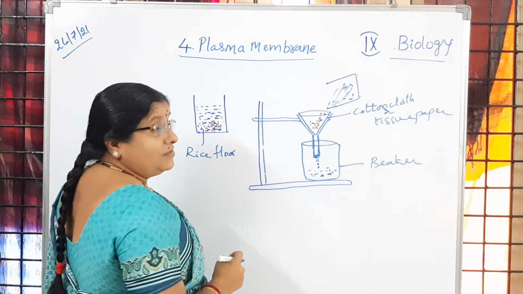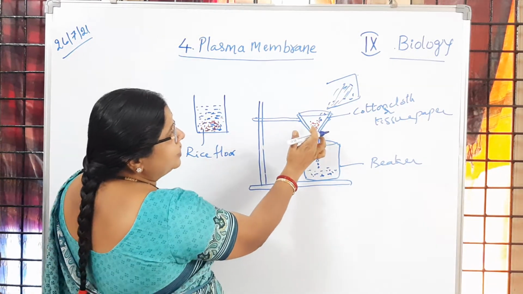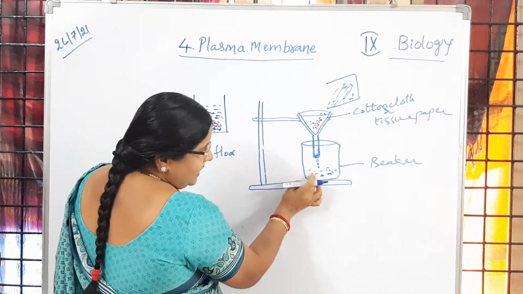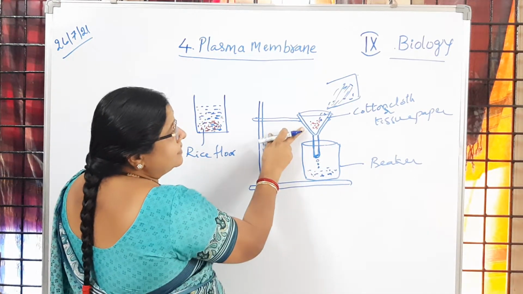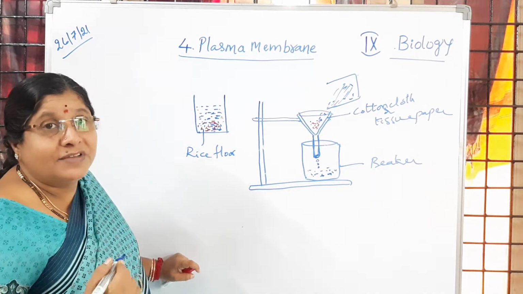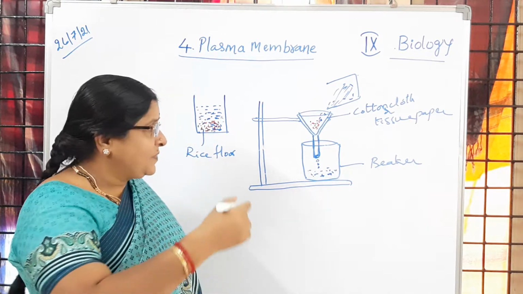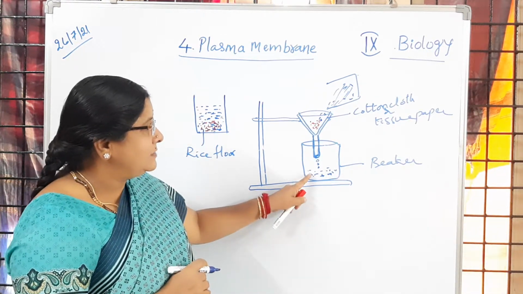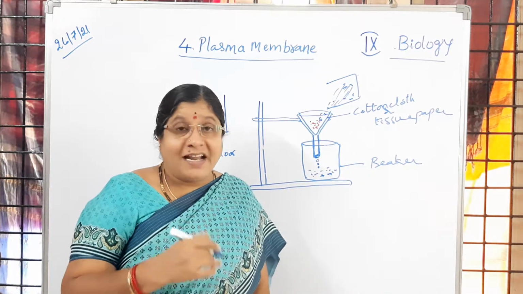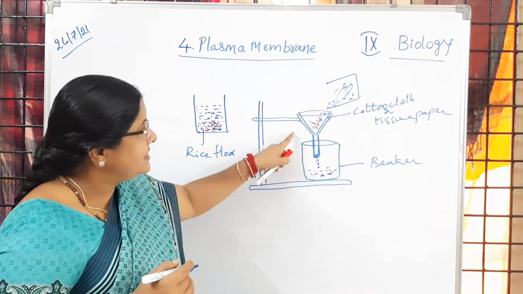This is a beaker with solution. Okay, so now through this tissue paper, only that solution is collected in the beaker and the residue is left over as it is. So what do we call? What you can understand with that means some materials are passing through and are collected, and some materials are not collected. They are not sent through. They are not allowed. Is it clear here in this activity?